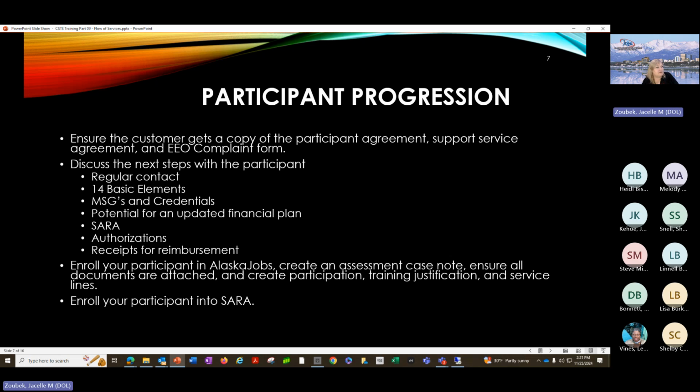Sarah, that's a semi-autonomous research assistant. Leslie will be working on that process and the guidance for how youth grantees will use it. If you don't have access yet, you don't need to, you guys don't create the same type of authorizations that we do, but you will need to let them know that you as an agency need to authorize things in advance, that they'll get some kind of a purchase order or some type of thing that is authorizing them to attend school or buy clothing or whatever it might be,